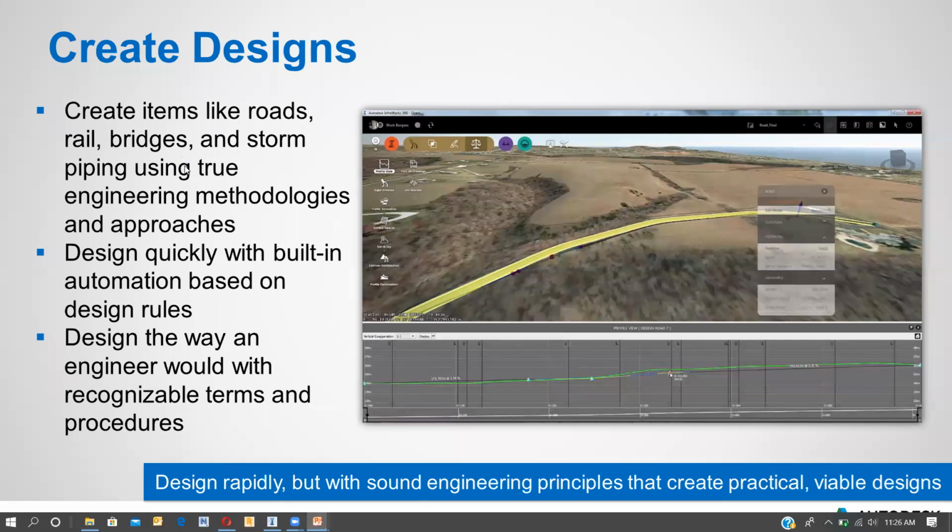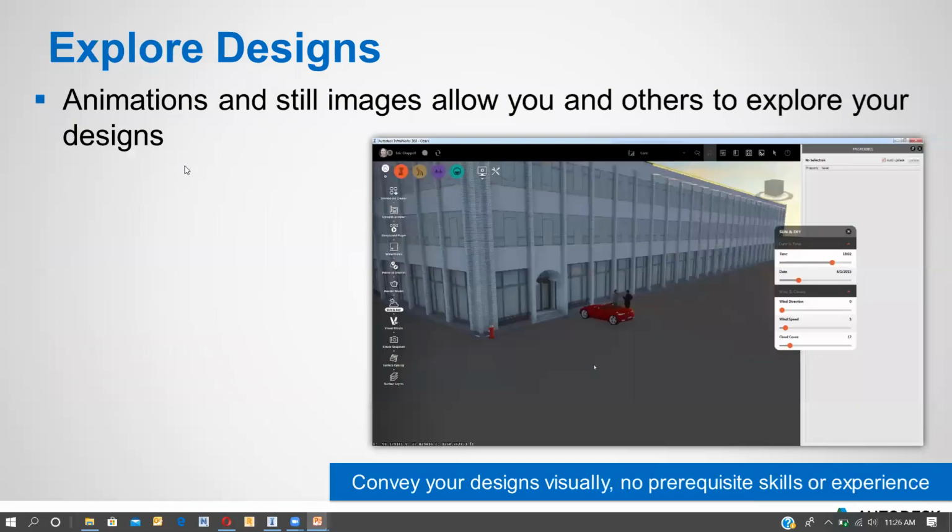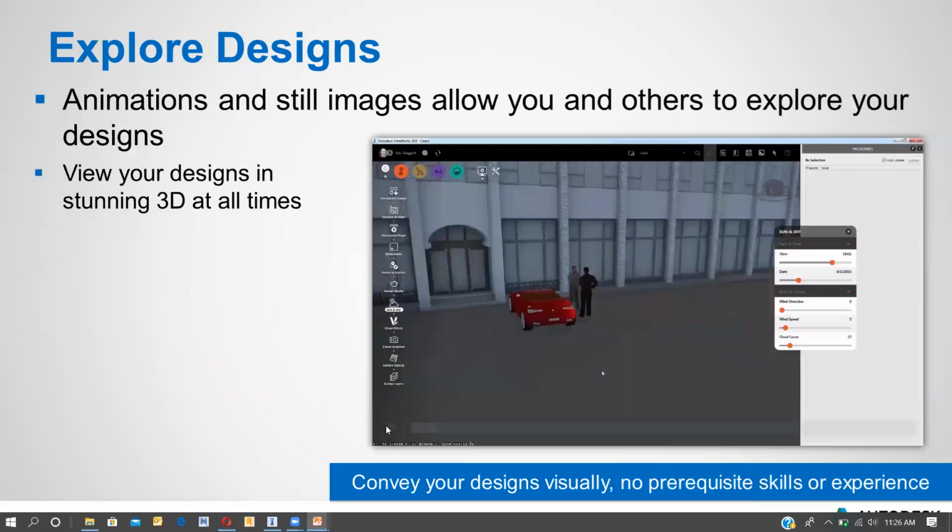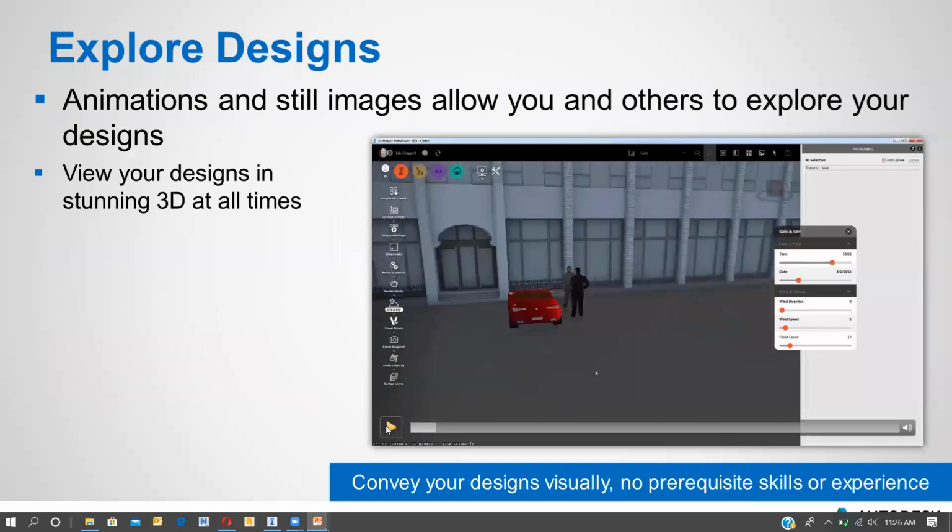The next thing is exploring the designs. Not only making the designs, not only making the presentation, exploring the designs. Like you can do the animation part over here in InfraWorks. Not only can you make things, you can animate things. Like in 3ds Max we'll be animating, right? So here also we can animate things. The storyboards will be there. You can view the designs. Like this is a 3D tool. You can view the designs,